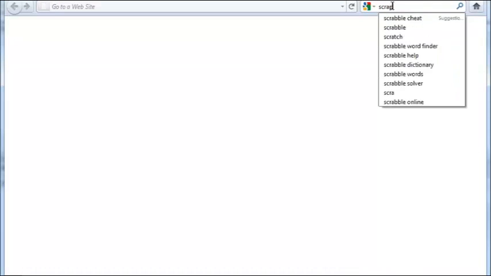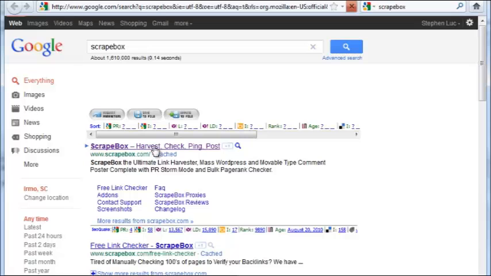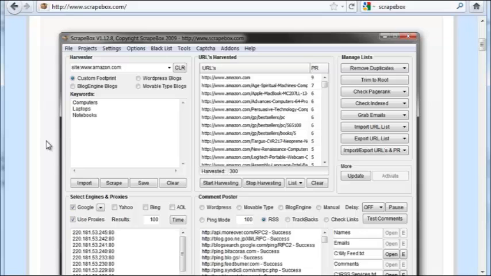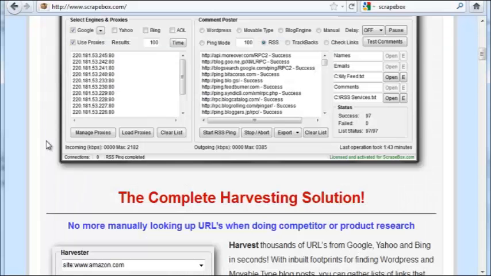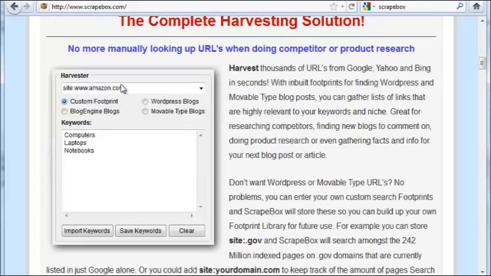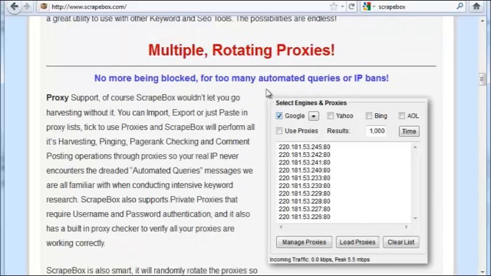Scrapebox, let me show you what that is. Scrapebox I primarily use to find .edu and .gov blogs. You can find other blogs as well. It's pretty amazing what you can do with this, but Scrapebox, just how it sounds, scraping. And as you can see, all you have to do is enter like the site:.edu, for example. And basically the search code I gave you, all you have to do is plop that here, and it'll find it for pretty much all of these keywords. Instead of going to Google and doing it manually, this is another way that you can speed the process up.